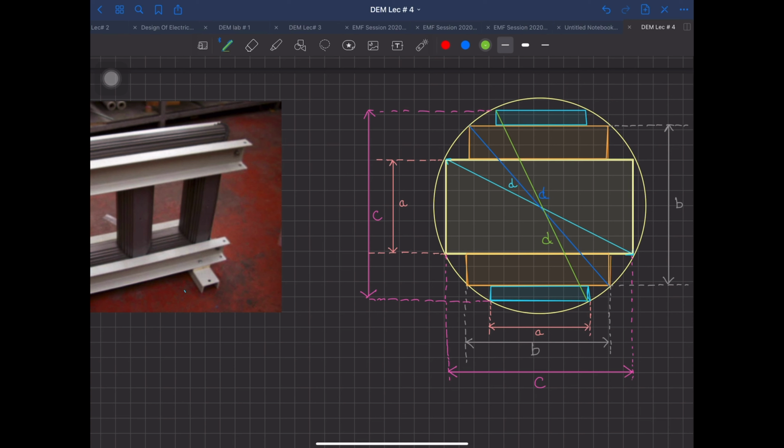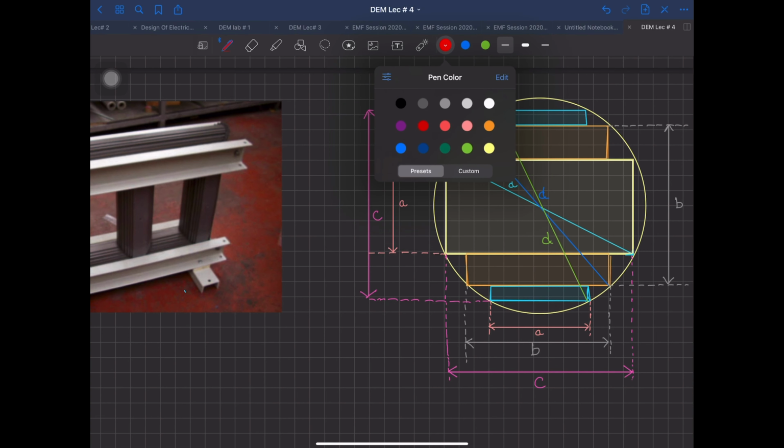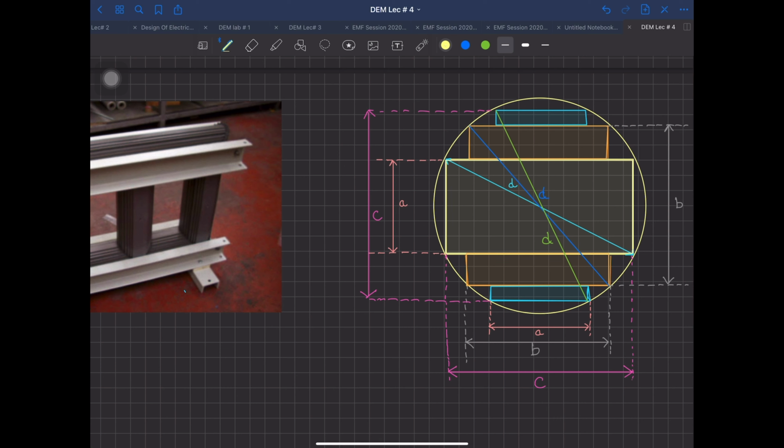Now, your question of concern is this, that you have to find out the optimum angle. This angle will be theta 1. Okay? This is in front of the smaller angle. This is again in front of a different one. So this is theta 2. This one is theta 3. Okay. Now you have to use theta 1, theta 2, theta 3, A, B and C dimensions.